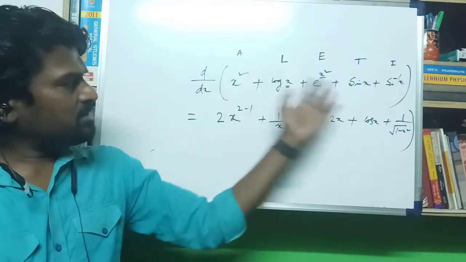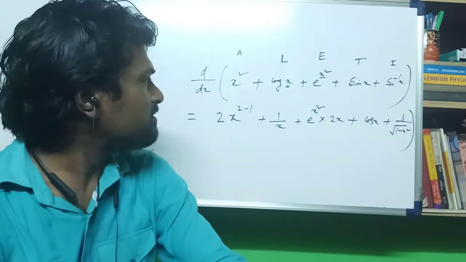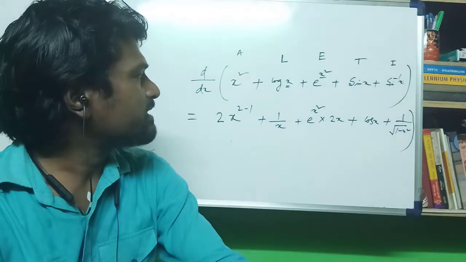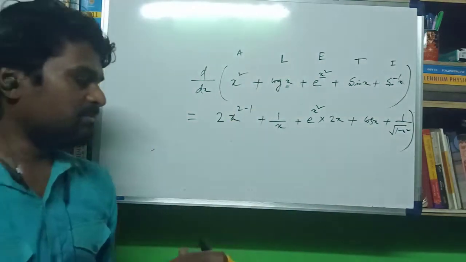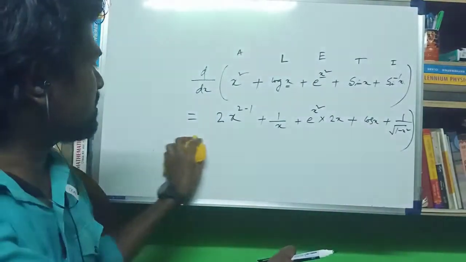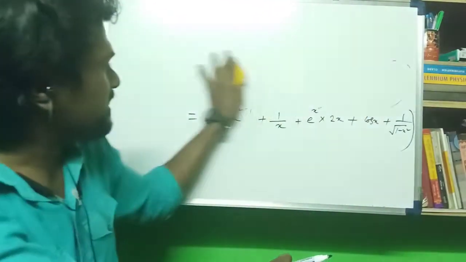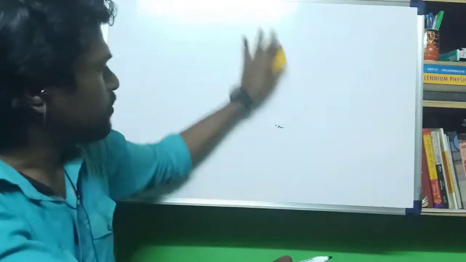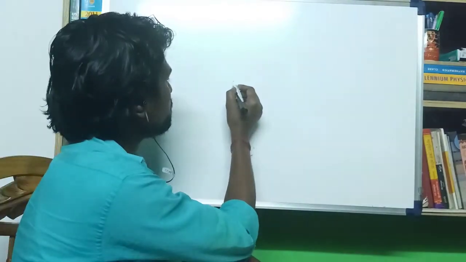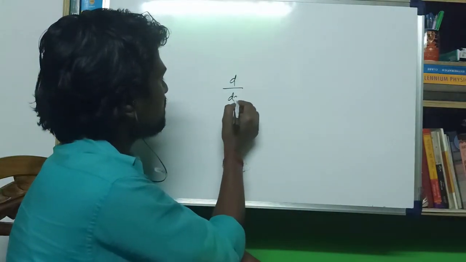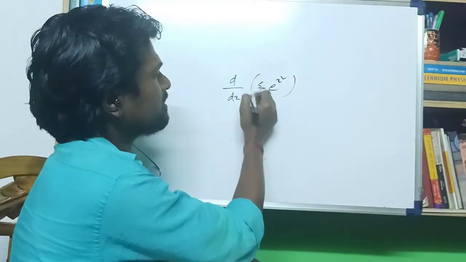And within that particular example, we know all the rules of the derivative. So we can take different types of derivatives, or different types of function, or multiple derivative rules we can choose. So the next example will be the combination of different functions. Suppose d/dx of sine e to the power of x square.